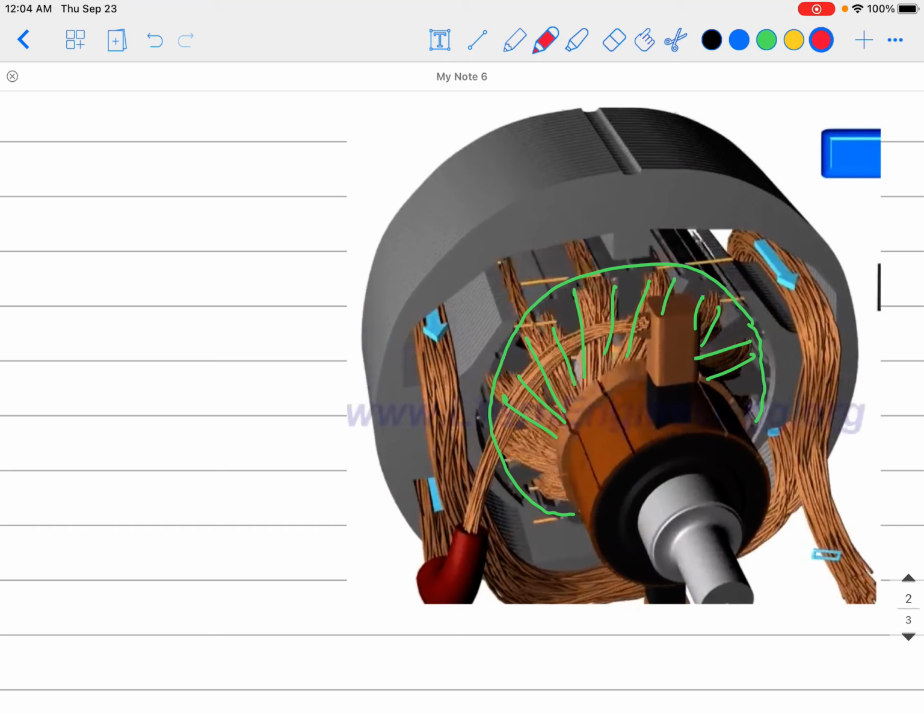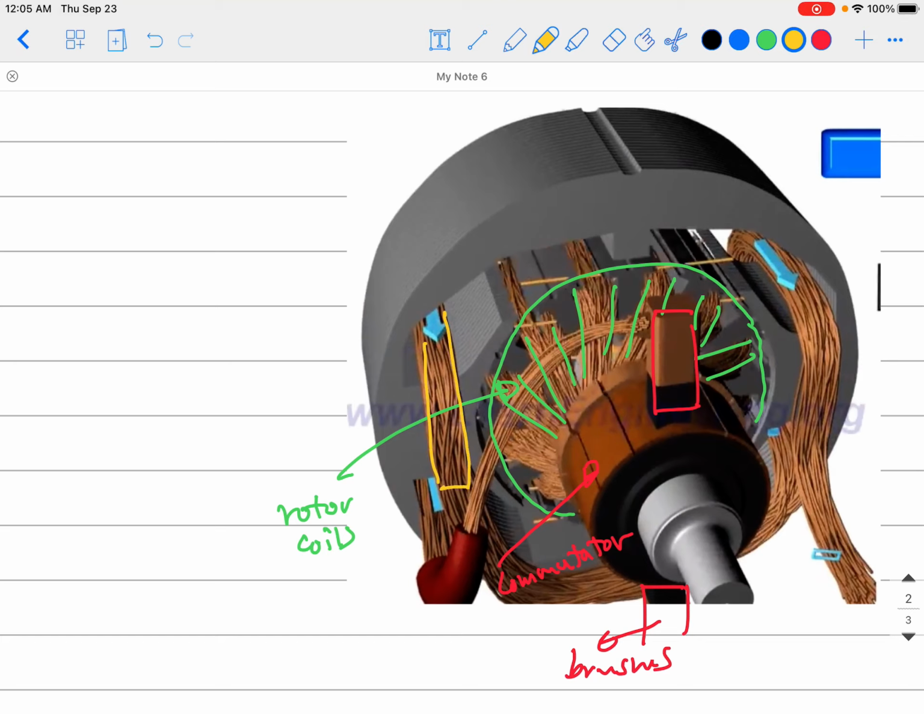Okay guys, and this is the split ring commutator, and here is your brush. So this is the brush, and there's another brush down here, so those are the brushes, and this is the commutator. Those green guys are just the rotor coils. And now here's the new thing. Seeing this coil here, this one and this one,